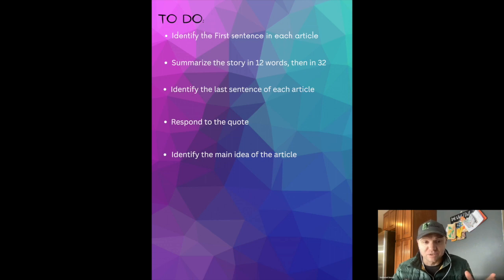Right, and I'm going to ask you again, like we have in previous weeks, to synthesize. This means to bring together both articles and write one 12-word summary of both of them, not two summaries, just one. And then with 32 words, it allows us to add more detail, be a little bit more long-winded, and give a little bit more of a well-rounded response. So let's write a 12-word summary now, and a 32-word summary now.